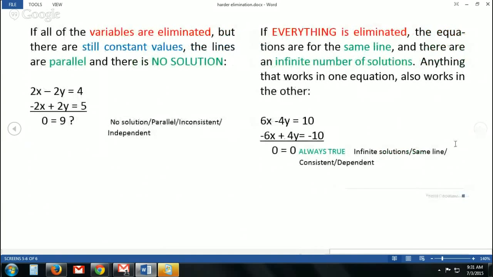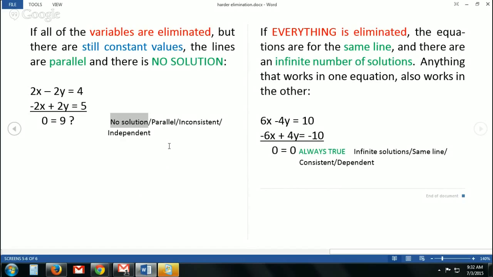Now, sometimes when we do our elimination, we'll find an interesting situation where the variables get eliminated, but you still have a constant value. For instance, here, I see that I've already got opposites, so I'm just going to add the rows together. The x's add out, so did the y's, and I have 0 on the left-hand side. On the right, 4 plus 5 is equal to 9. Can 9 equal 0? 9 doesn't equal 0, so this means that there is no solution that can possibly work